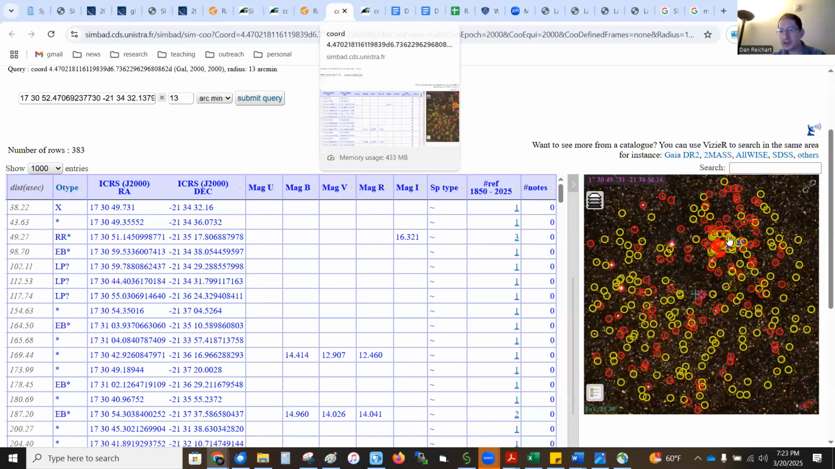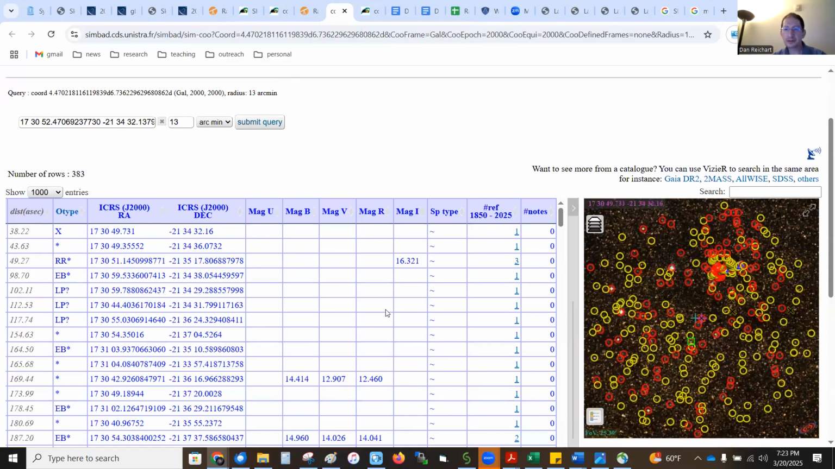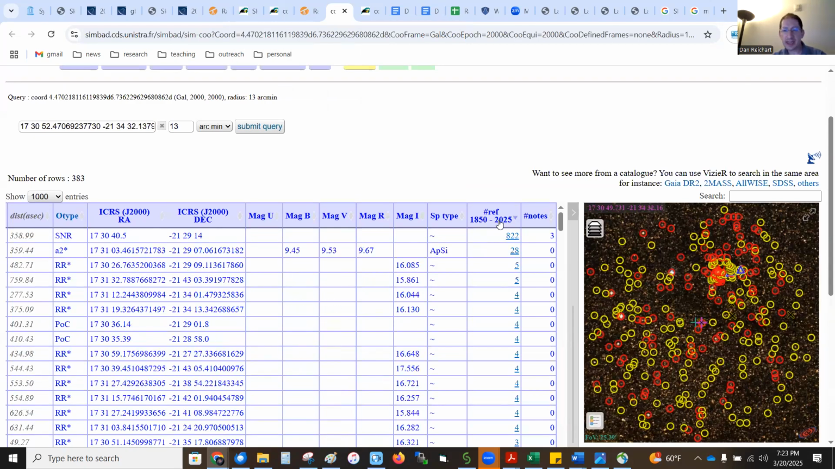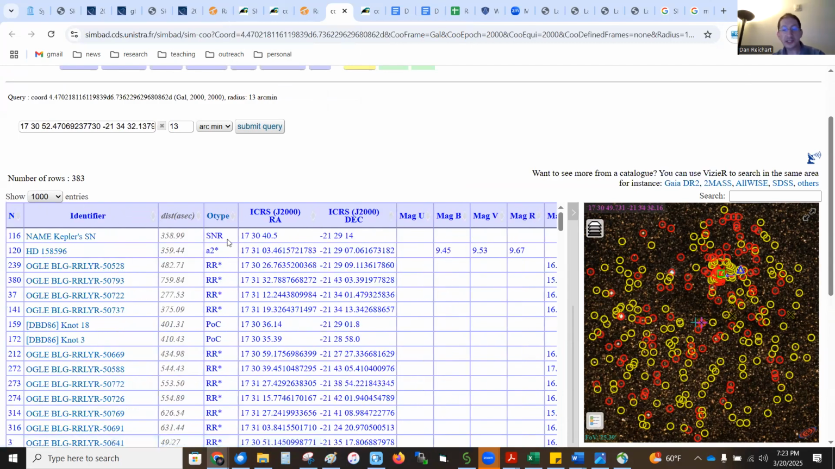Here we go. Nothing big and bright. What is this? Click on references, click again. 822, so there's something popular in here. It's a supernova remnant, and in fact, it's Kepler's. It's the one Kepler discovered